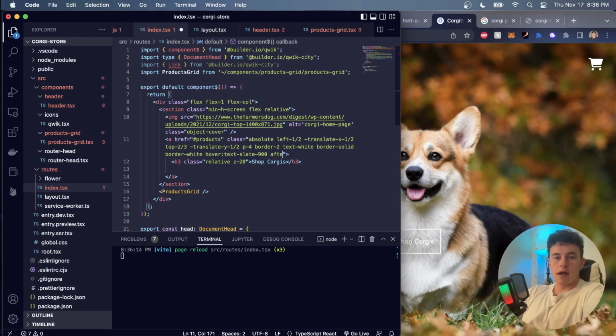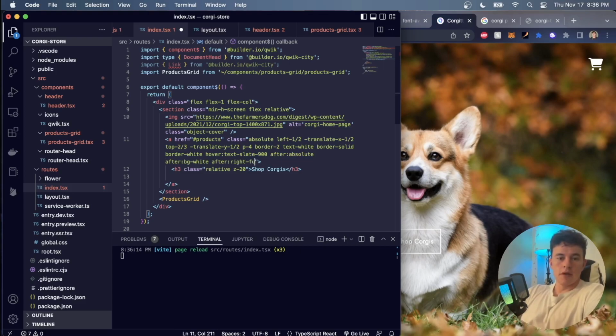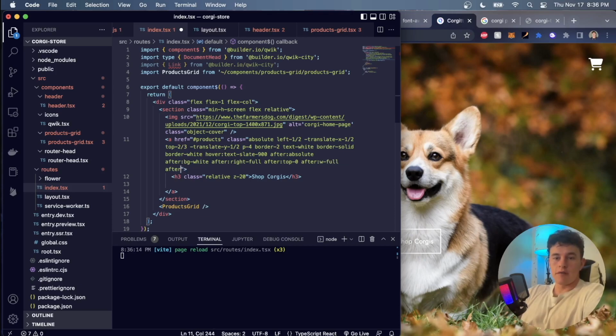so we can say after absolute, after background white, after right full, after top 0, after width full, after height full. So I'm basically creating a square with a background of white that has the dimensions that exactly matches the button. However, I'm pushing it all the way off to the side,